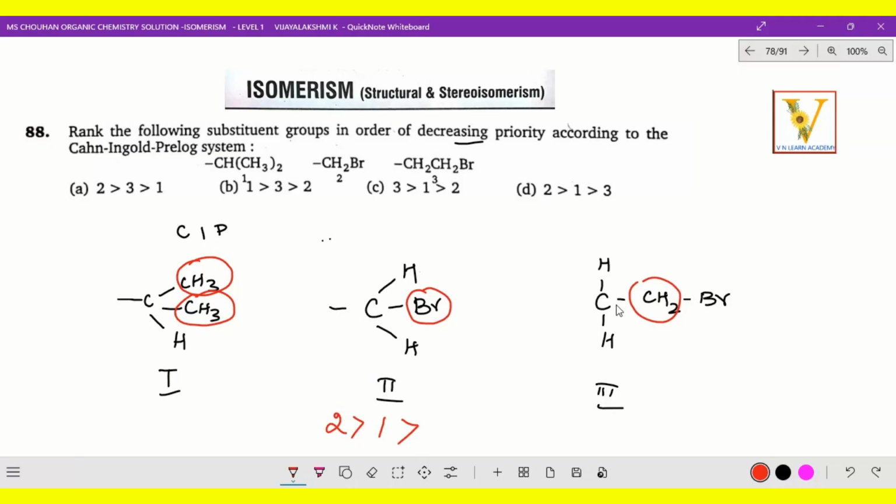So which is next to that adjacent carbon? Here, chiral carbon means next to that, the carbon or group or atom is the only mandatory thing. So here first priority, one at a second priority, and here this is the third priority. I hope you got the clarity. Now which is the correct option? 2 1 3. So that means option D is the correct option. I hope you got the clarity. Come on, let's go to the next question.